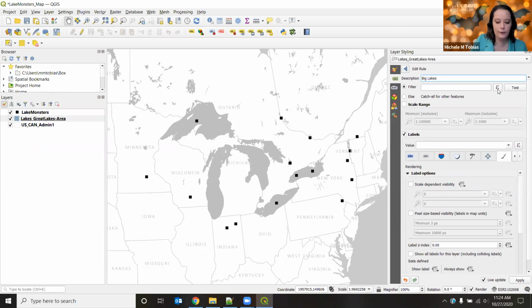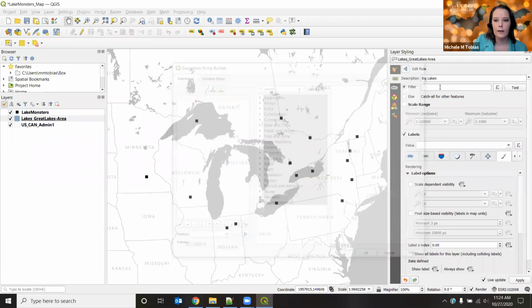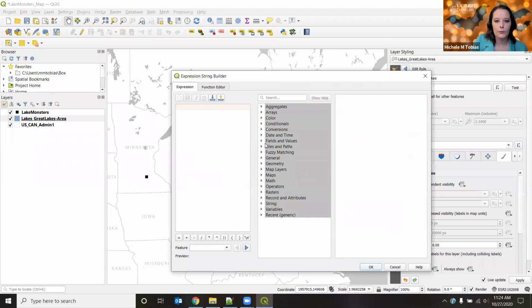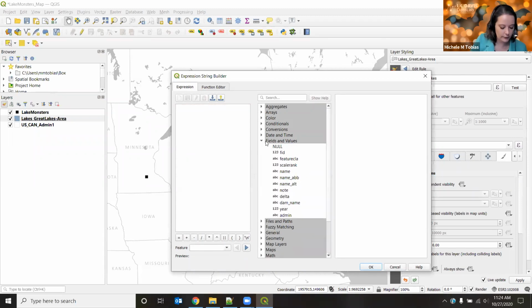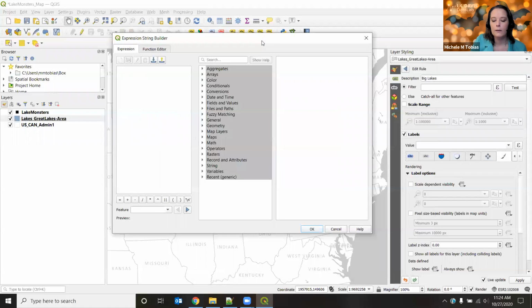And then for my filter, right now it'll label by lakes if I tell it to, but I want to actually, I'm going to click on fields and values. No, I don't want that. What I want to do is have my rule be,